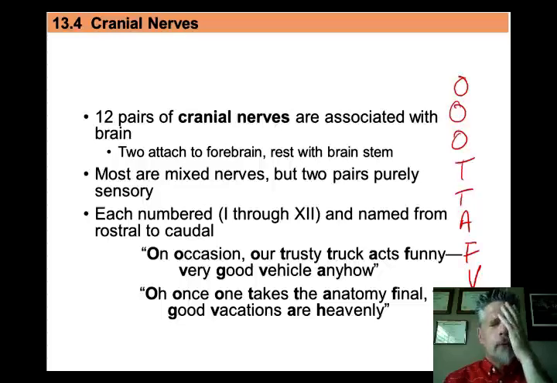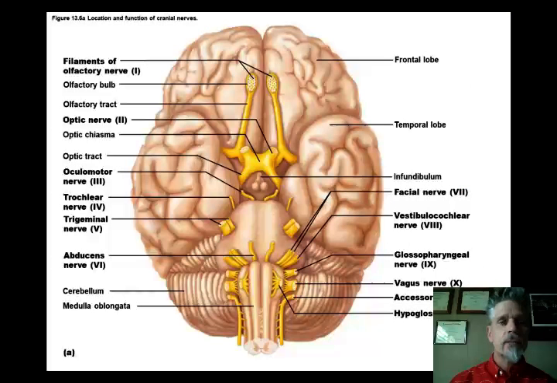that's olfactory, right? Begins with an O, and then oh, oculomotor is third. Optic nerve, that's two. So it takes a little bit of time, but at least it gives you the hint of the first letter. All right, so here we can see them on the inferior surface of the brain, and you'll notice there are